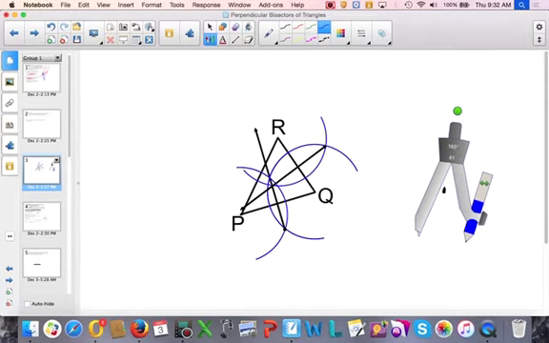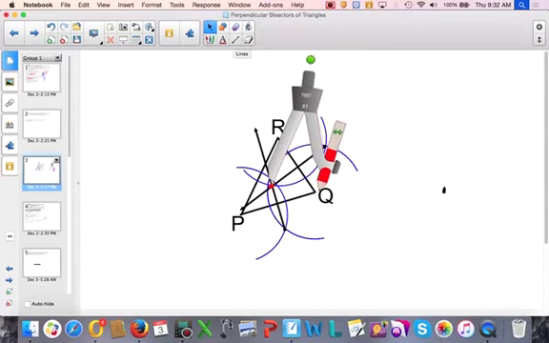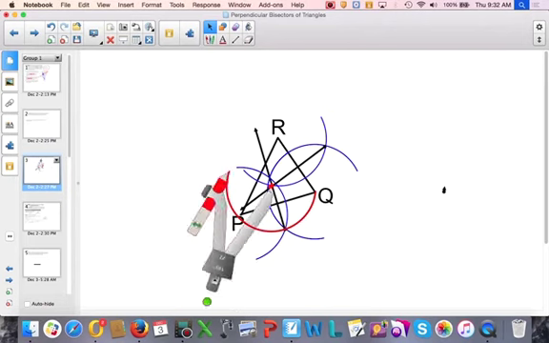And this, therefore, is my circumcenter, and now I bring my compass to that point. I change my compass setting to be the distance from that point to one of my vertices,